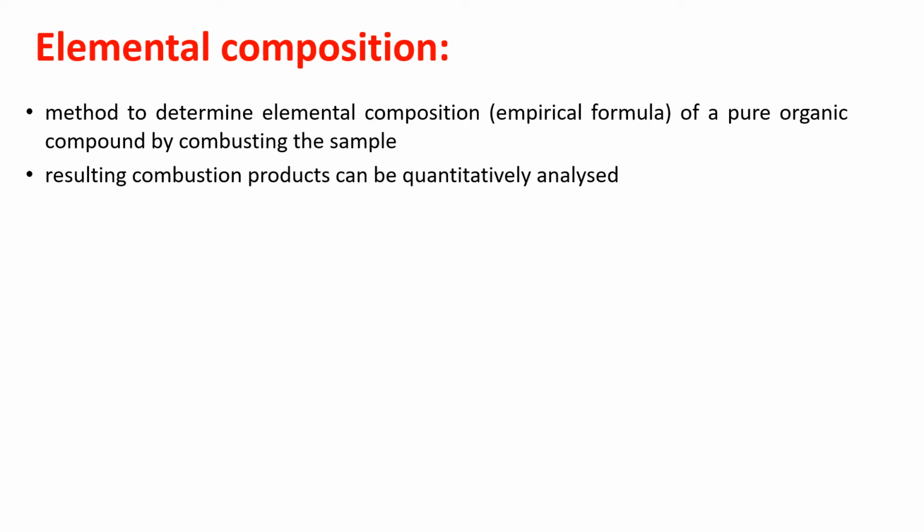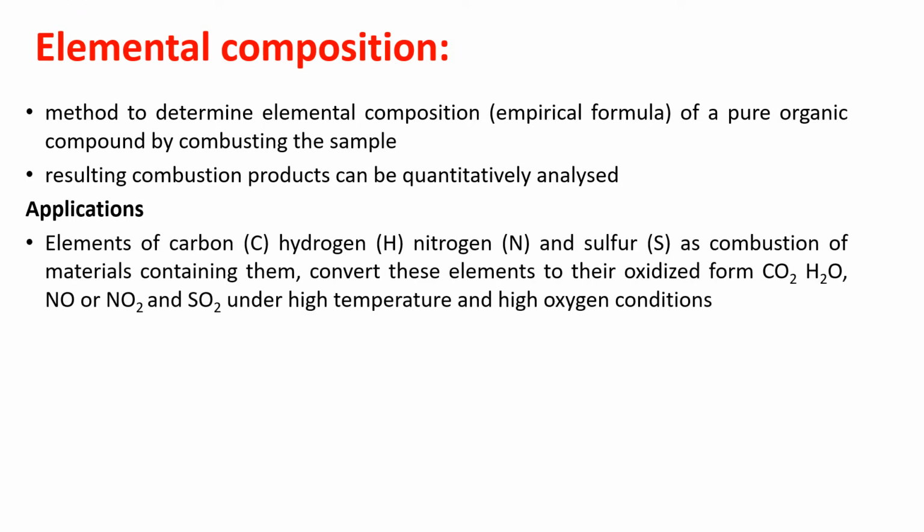The resulting products of combustion are quantitatively analyzed to determine how much amount of carbon, hydrogen, oxygen or nitrogen are present in the sample. The basic applications of this elemental composition is in determination of carbon, hydrogen, nitrogen, sulfur,